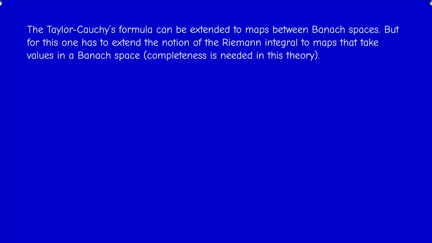The Riemann theory that you studied in second year can be extended to this more general context, but if you look closely, you will see that we need the assumption of completeness of the target space. So we can give a meaning to the integral from a to b of some function,